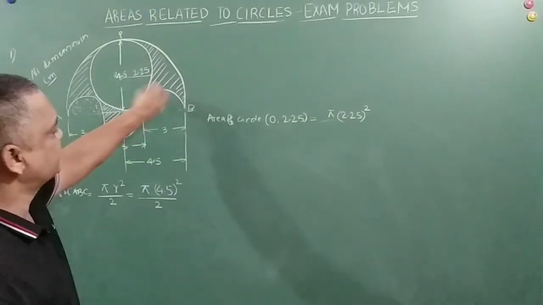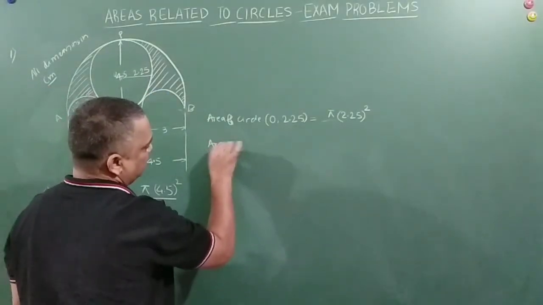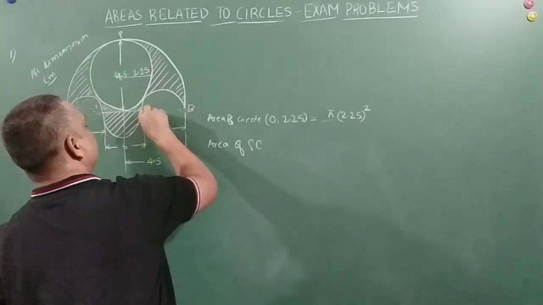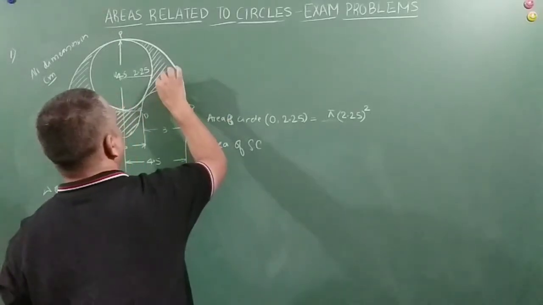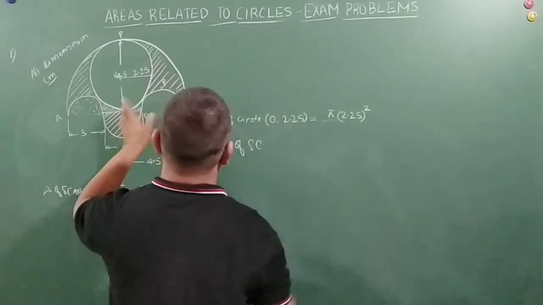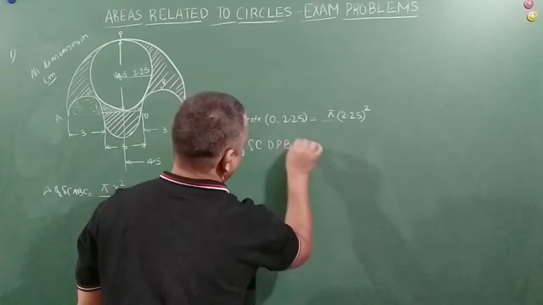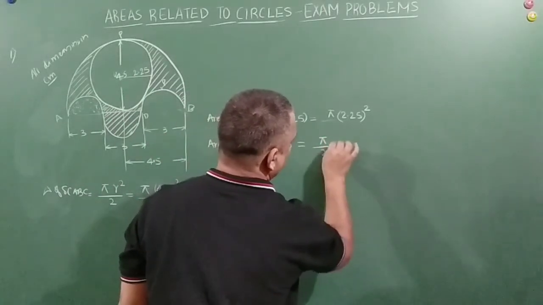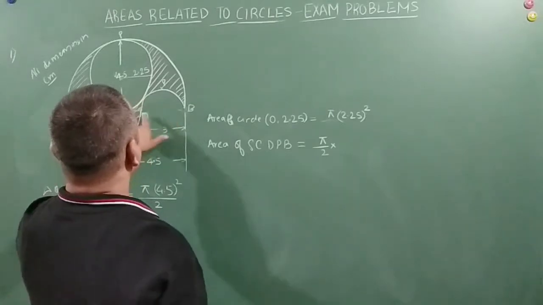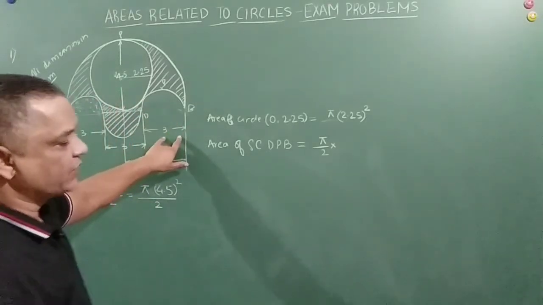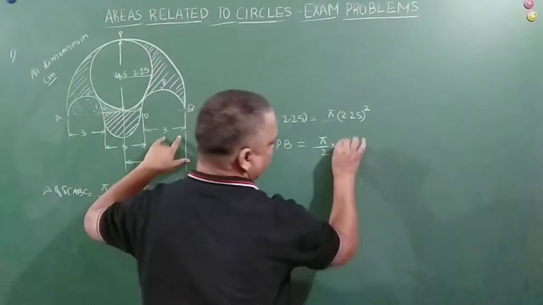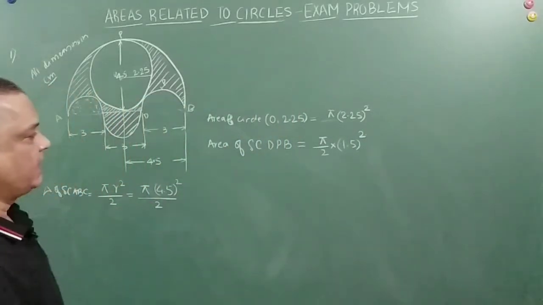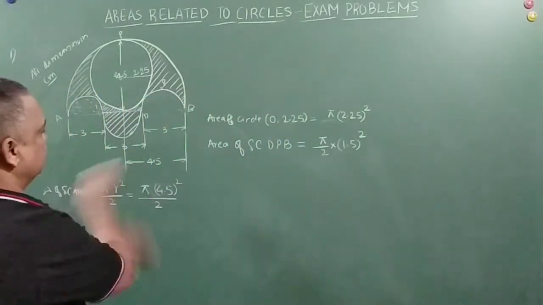Now let us come to the area of this semicircle. Let's call it D. So it becomes D, and we need to have one more point. So D, P, V. So what happens? Area of this semicircle will be equal to pi by 2 into r square. R square is how much, my friends? See, this diameter is given to be 3, so radius is equal to 1.5. So I am writing just 1.5 square. I am not explaining that. So individually, let us try and club it.